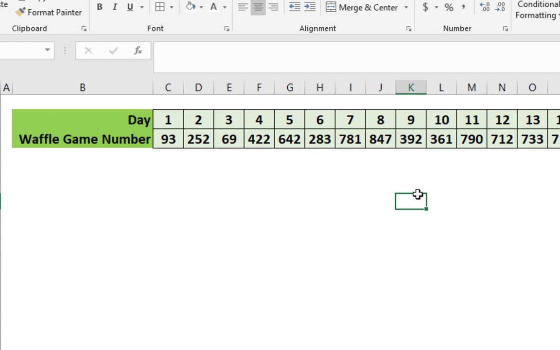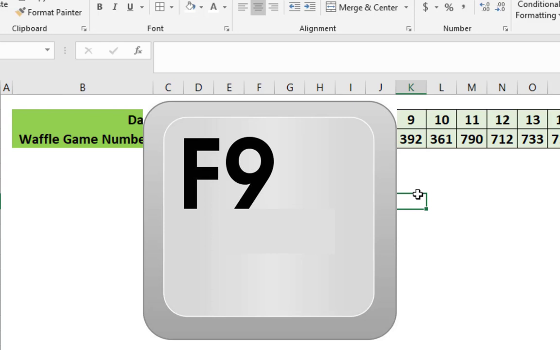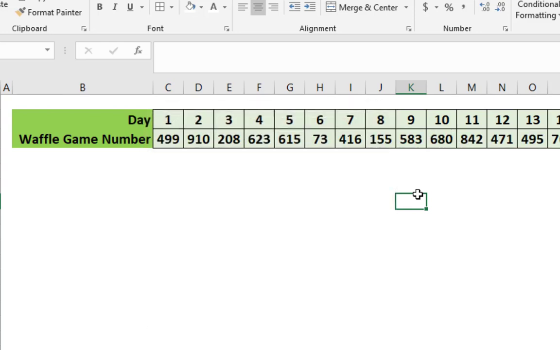If I want to simulate another 100-day period to see what would happen, I could just re-randomize the numbers that are in the Waffle game number row. Now, the way I do this on my machine is I use the F9 button. My in-class students have done this. I'm going to press the F9 button, and when I do that, I generate 100 more random Waffle game numbers